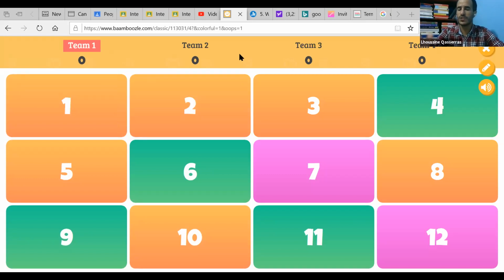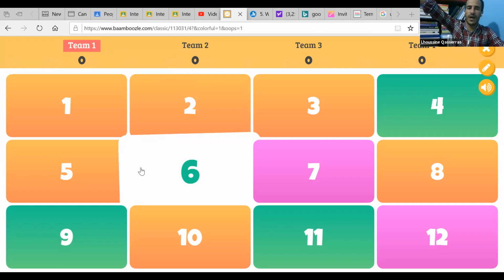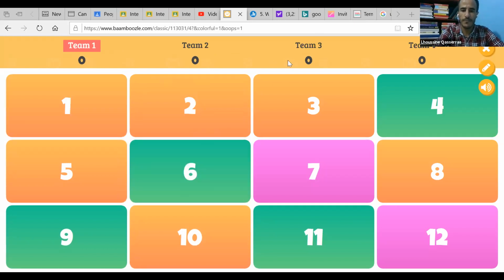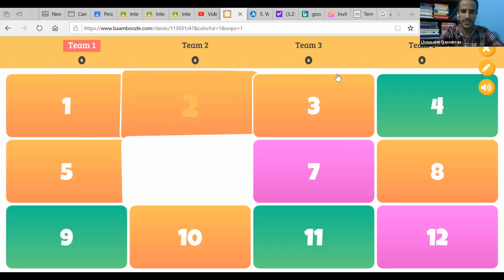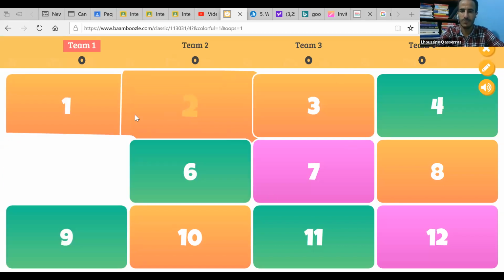For example, if I'm going to teach fruits, I'm going to give them names like banana group, apple group, etc. If the lesson is about animals, I'm going to give them choices: lion team, tiger team, cat, dog, etc. Now let's imagine we have 4 teams. Group number 1, you are team number 1. Group 2, you are team number 2, etc. Then group number 1 should choose. Can you choose from these numbers? Anyone?